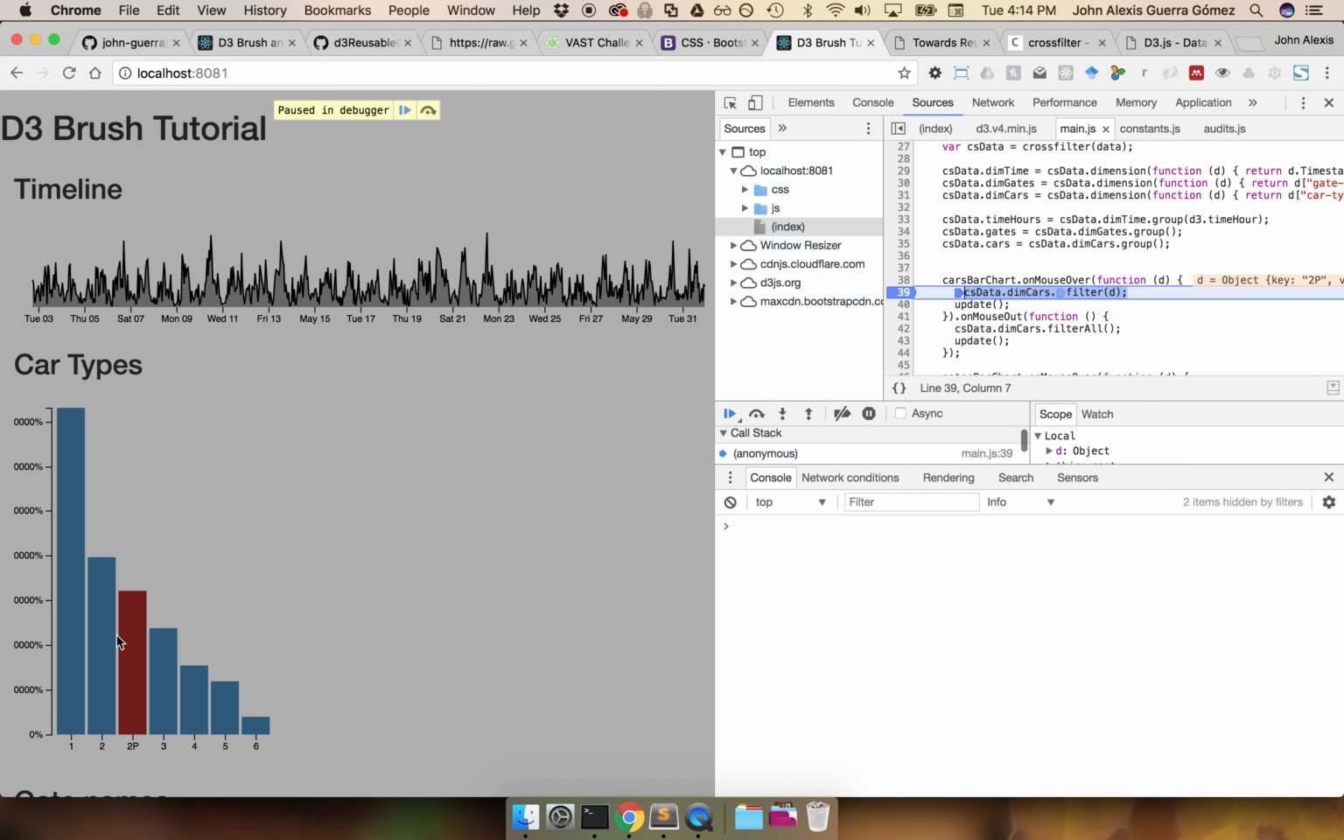And then the idea is that when I move this, then I can see all the timelines for only the cars of type 2P and 1, 2. And then if I remove that, then I can actually see that it's updating the other one. Good. So now I have that. We also want that behavior for the first one. By the way,